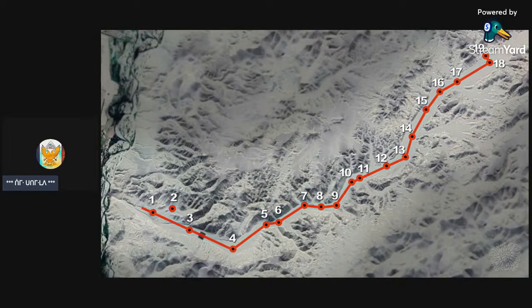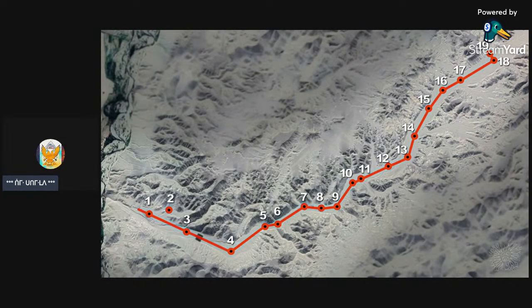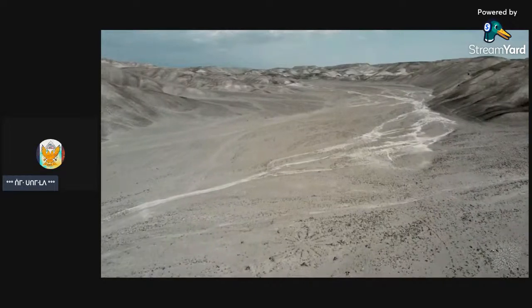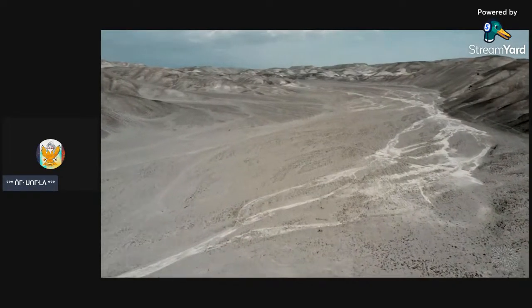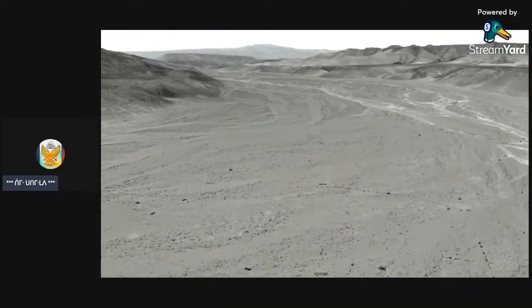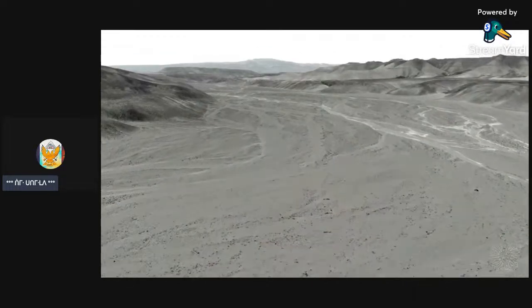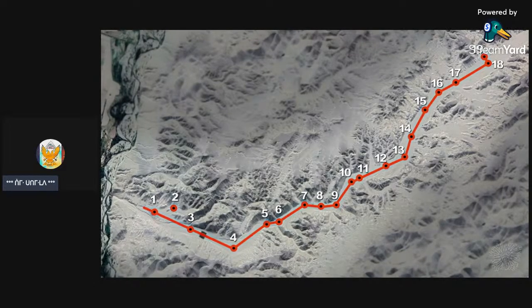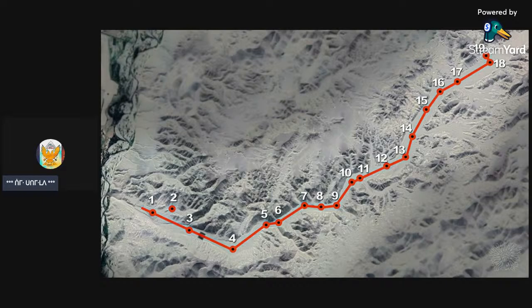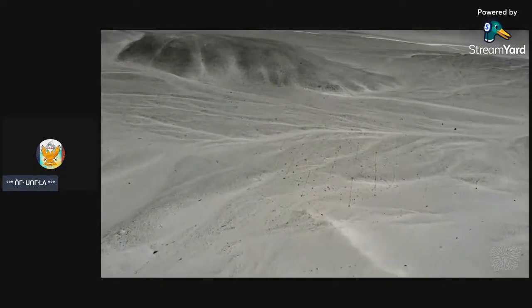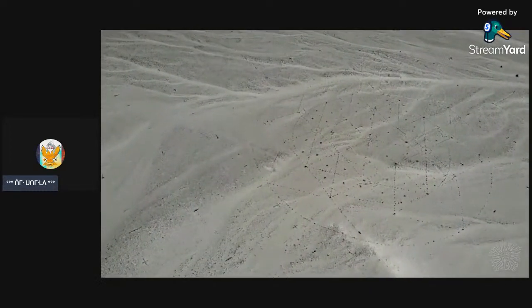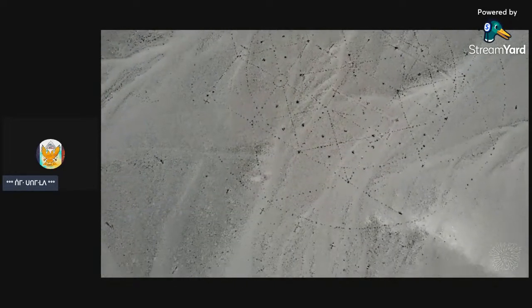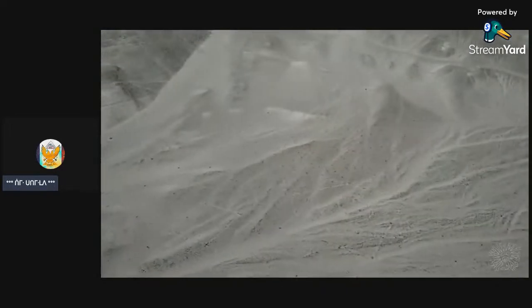The next map shows a similar scheme involving large numbers of geoglyphs. 19 estrelas, or groups of estrelas, are united by a common line running along the bottom of this gorge and uniting all geoglyphs into a single combination. The total length is about 5.5 kilometers, or nearly 3.5 miles. At the 18th figure, however, the center line does not continue. The only exception to the diagram is the second geoglyph. It is off-axis and consists of 2 layered images. One design is lined with rows of stones and resembles the central part of the tourist estrella. There are a large number of crosses and stones here, which appear to have been put into place as markings. This represents the